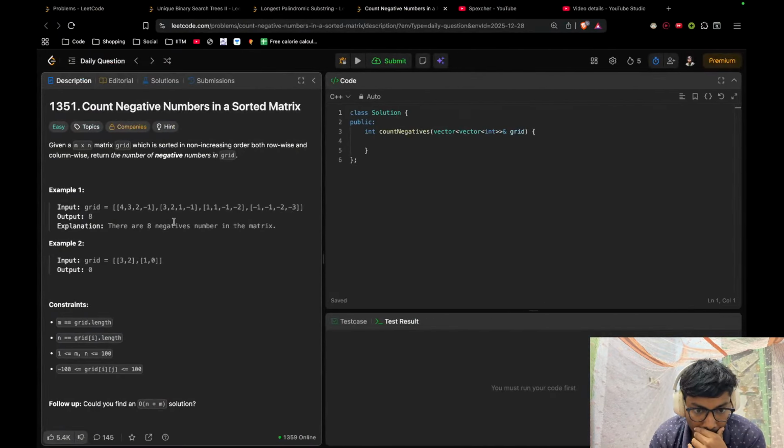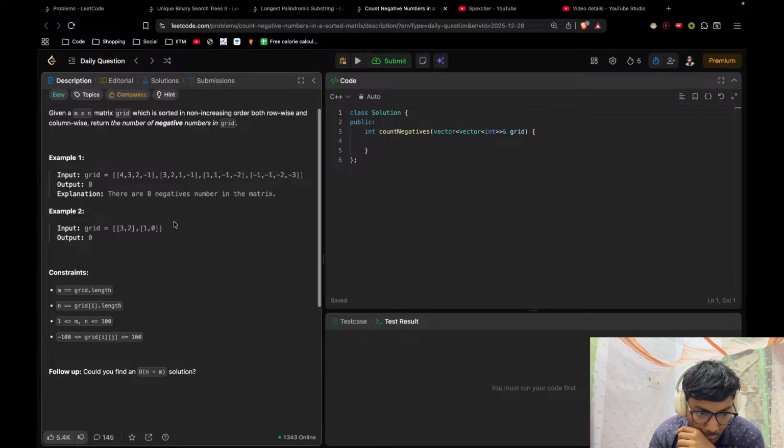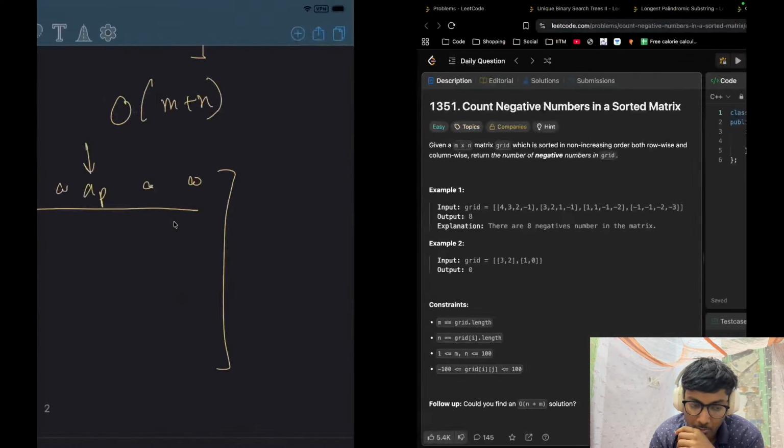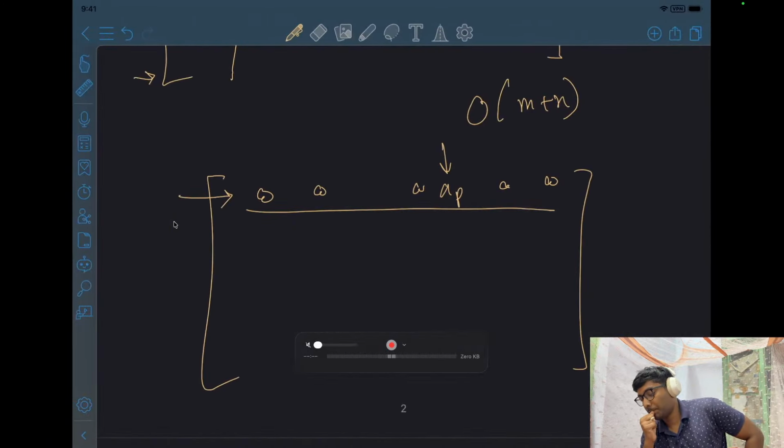Are they? No, non-increasing order, both row wise and column wise. So I think there can be repetitions, so we cannot trust them. So if there are multiple zeros, we will try to find the last 0 by using upper bound